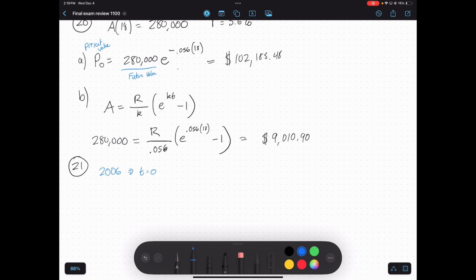In the year 2006, the world reserves of natural gas were approximately 8,015 trillion cubic feet. What is that number going to be? The principal. It's your present value. It's what you're starting with. So I can go ahead and mark that as P naught, or we also use the letter B for present value. In that same year, the world consumption of natural gas was approximately 102.6 trillion cubic feet